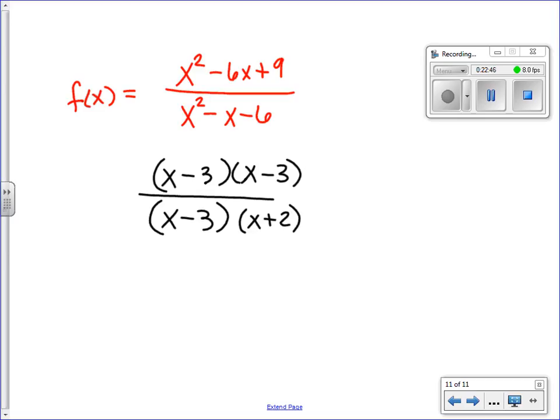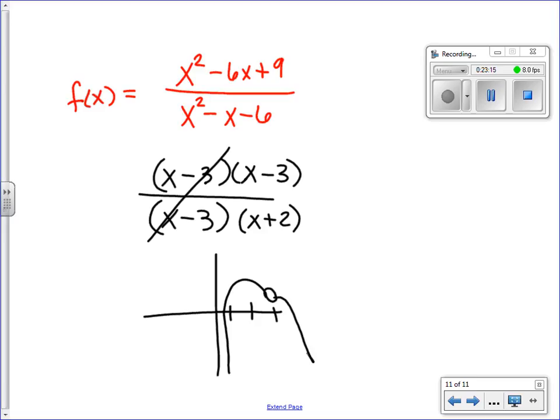Alright, so we said in the last problem that we had an asymptote at 3 and at negative 2. See how this cancels out? There's an x minus 3 on top and an x minus 3 on bottom. That's not going to be an asymptote. There's just a hole in the graph. So when we graph this one, whatever it looks like, as we're going along, when we hit 3, whoop, there's 3. I'm just going to put a hole in the graph and then keep going with whatever it would look like. Okay? When it cancels out,